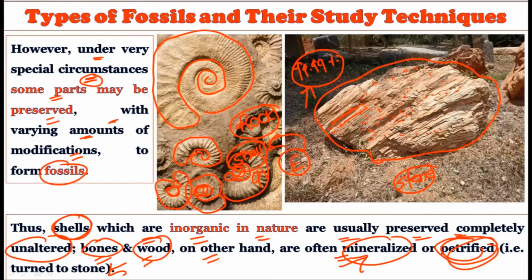And what is petrification? Petrification is nothing but natural wood or bone getting converted into stone. So these woods which got petrified are also a popular source of the fossil record. There are many shells or woods that may have got preserved in some way or another, and once they got preserved, they can get petrified or mineralized, and get converted into stones. So under special circumstances, the parts of plants or animals may have got preserved, and we are finding them today in the form of various kinds of fossils.